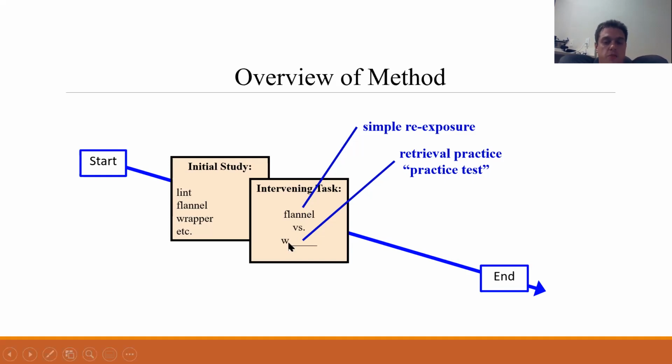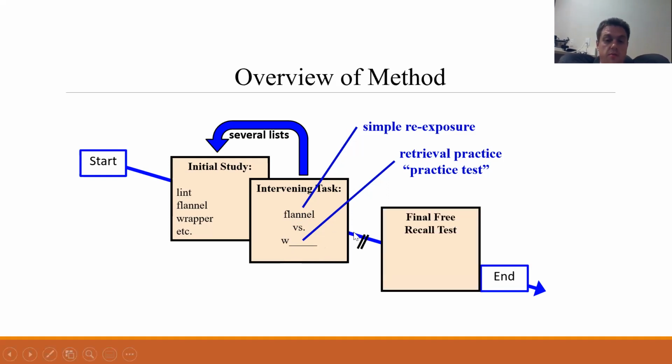So anyways, that's what you typically do here. You'll get a mix where, like I said, some of the words will be just restudied, and for some you get the first letter and you try to retrieve them, okay? And you do this for a bunch of lists typically. Sometimes you'll do a distraction task like we did. This is just to get your mind off the words for a few minutes, so you don't have them in your working memory right before the final test. And then the final test is just recall as many words as you can. Well, at least that's what we did.